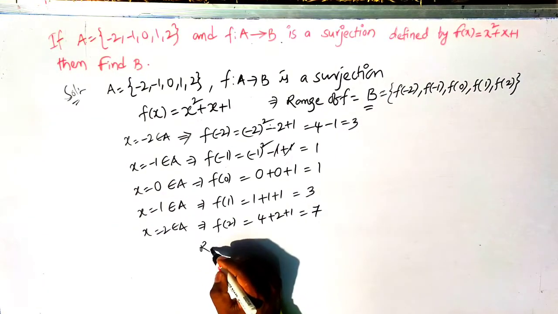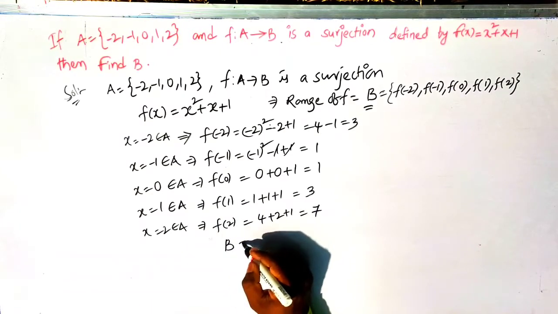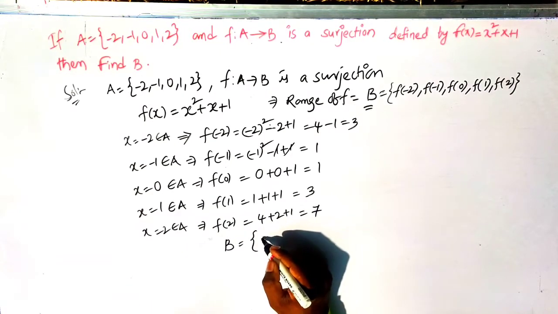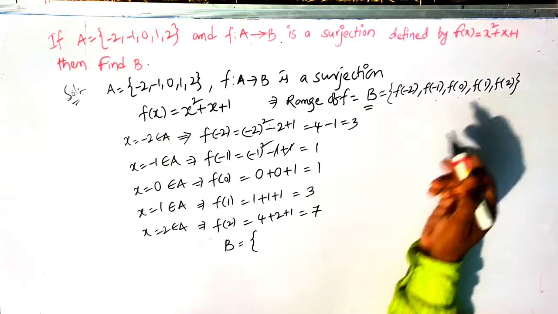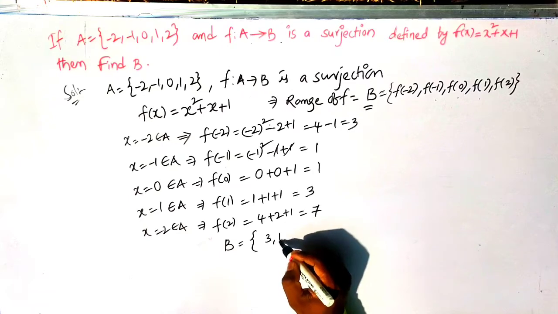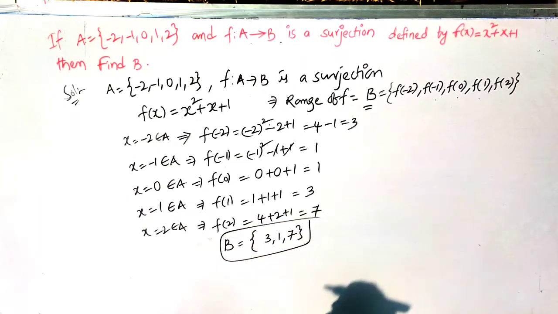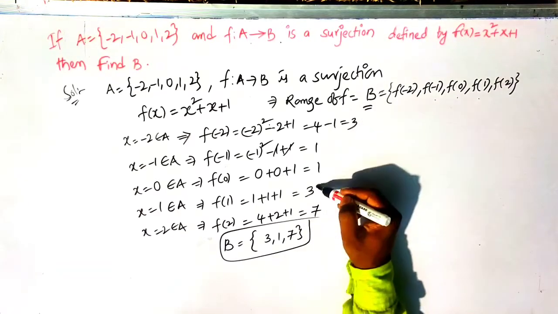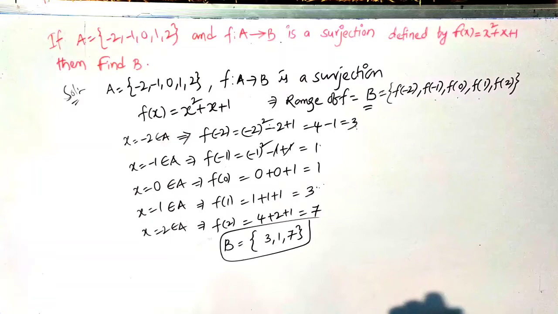That's why we get here range is nothing but codomain of f, that is B, equal to what we write now. So 3, 1, 1, 3, 7. So the set of these elements can also be written as 3, 1, 7 we write here. So why? Because here 2 times are given. 2 times we got here 3, 3, 1, 1 and 7. In sets, only one time we take each.